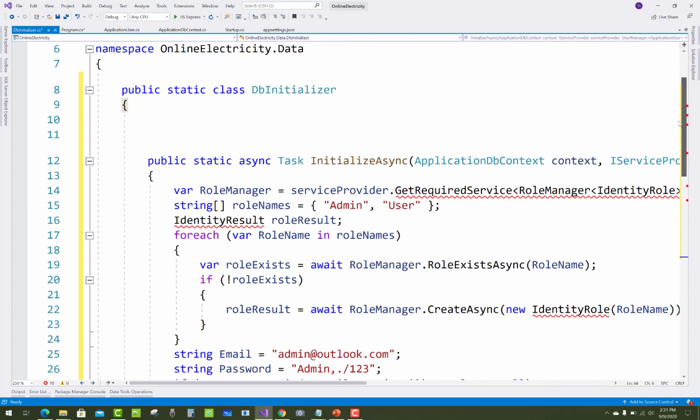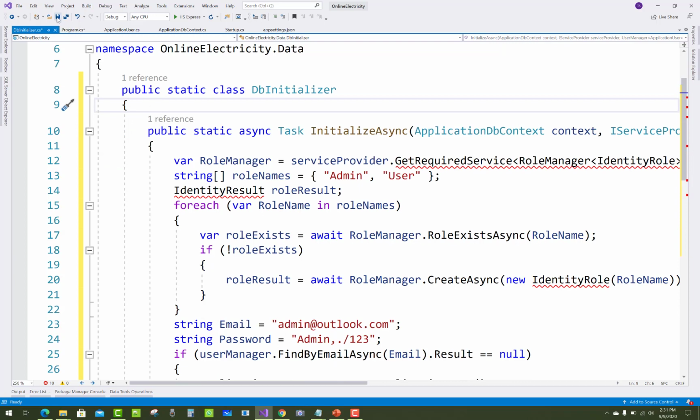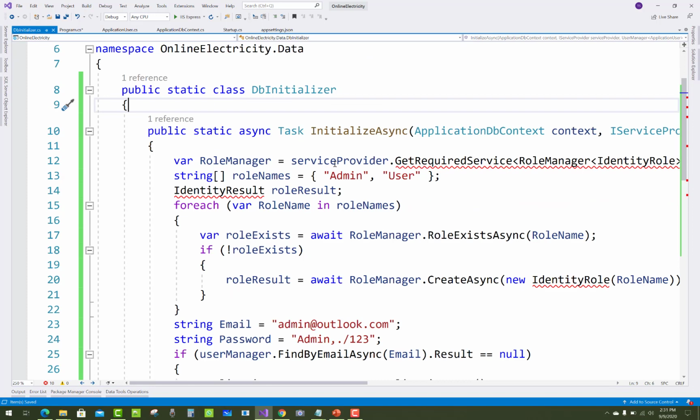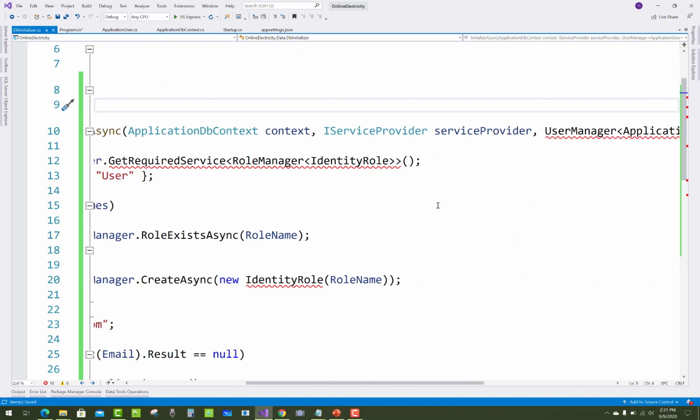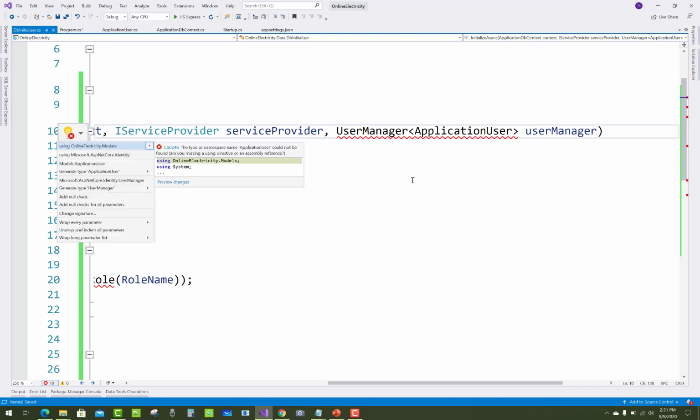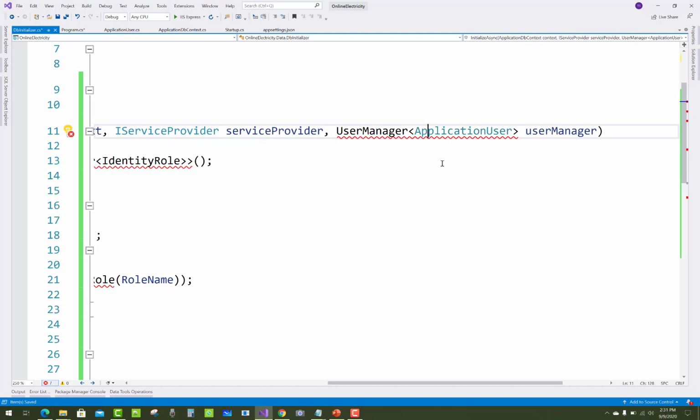Here we have an InitializeAsync method, in which we have the ApplicationDbContext. You can see in Program.cs the DbInitializer error message is removed. The UserManager and ApplicationUser are resolved, so that's fine.